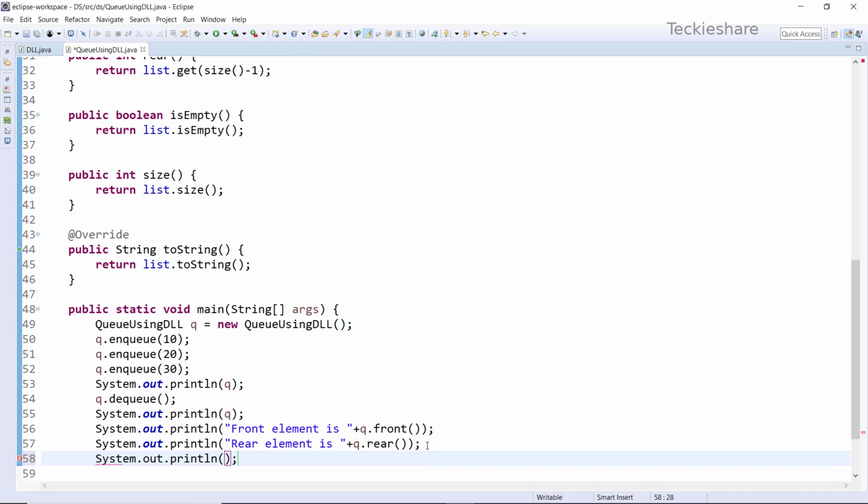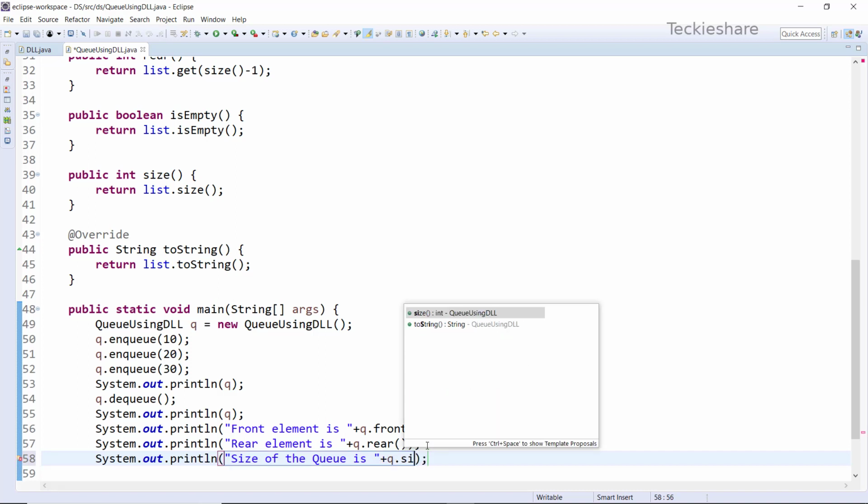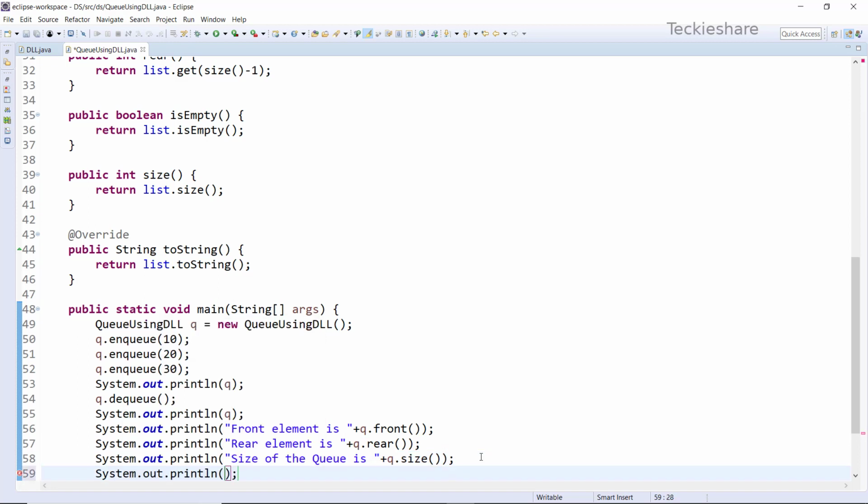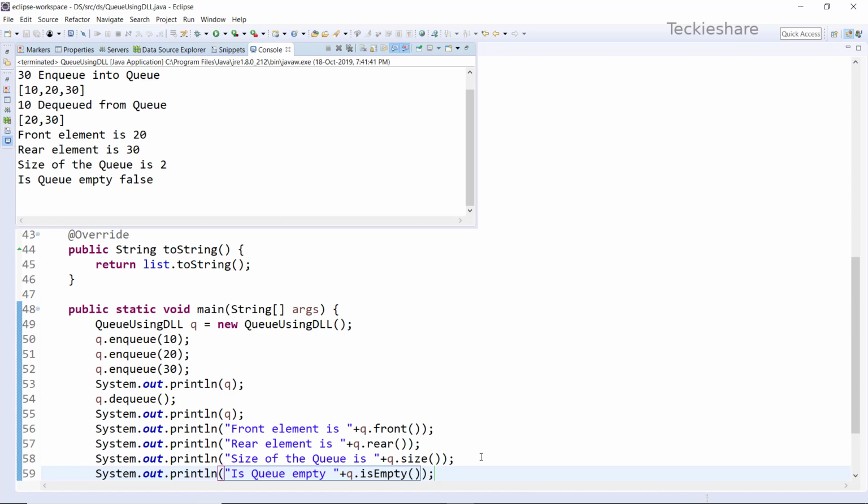Now I'm going to verify the sizeOf method. So as of now our queue has 2 data, so the size should be 2. Let me check the sizeOf functionality. So queue.sizeOf will return the value 2. Let me check. Yeah, exactly, the size is 2. Suppose if I am removing all the data from my queue, what will happen, the size should be 0. Okay, but before checking the size value, let me check the isEmpty functionality. Right now my queue has some data, so isEmpty will be false. Exactly, it works fine as we expected.